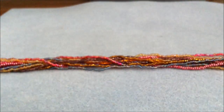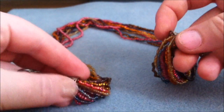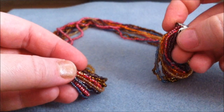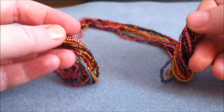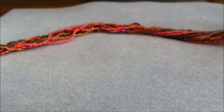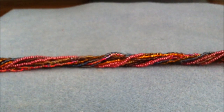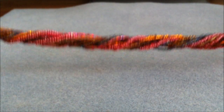But the way that you saw me have it just now was coiled up. And the way you do that, you take the ends here and you start rotating this one. As you can see here, I'm rotating it upwards. And then I take the other one and I start rotating that downwards. Now I'm going to have to take my hands off the camera, but you probably got that. So rotate them in different directions. You're going to be tightening all those